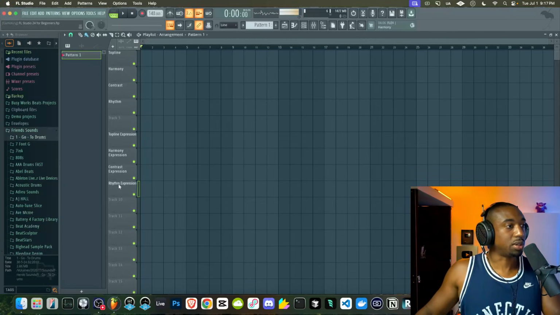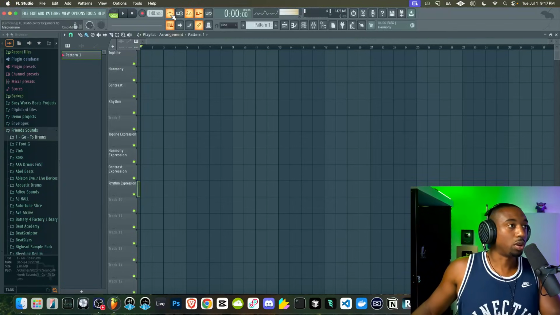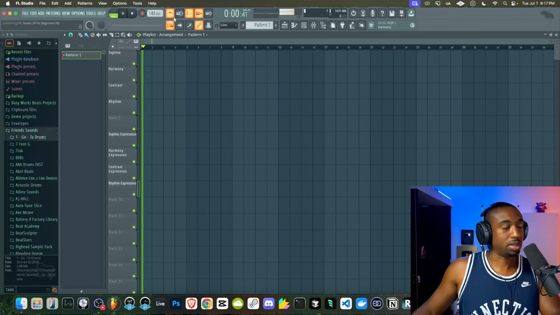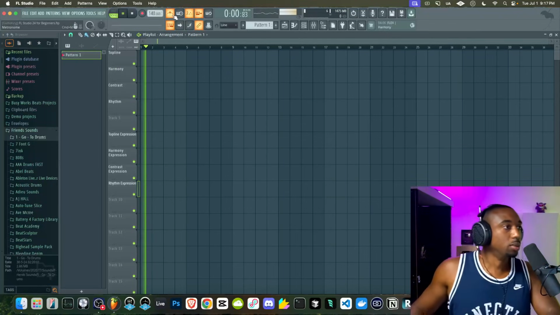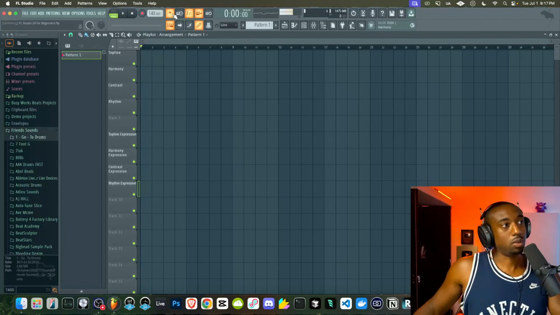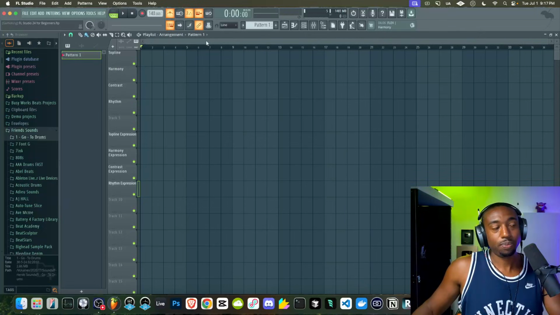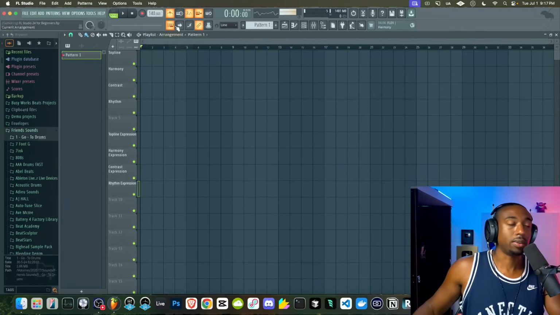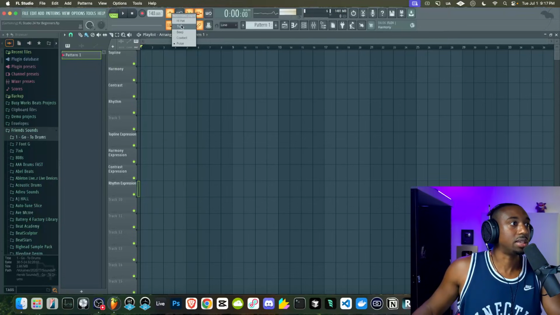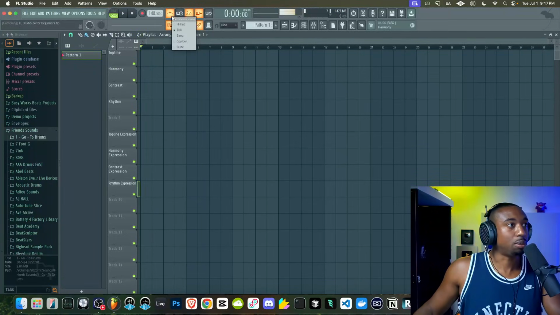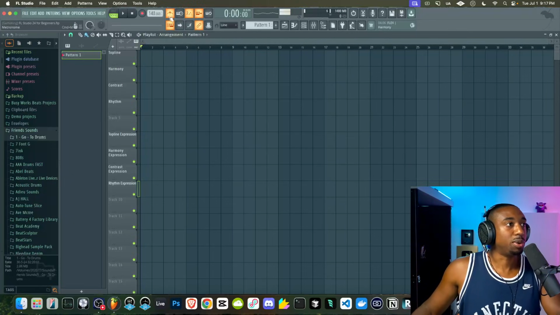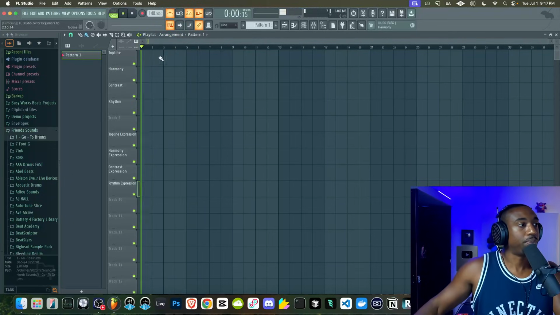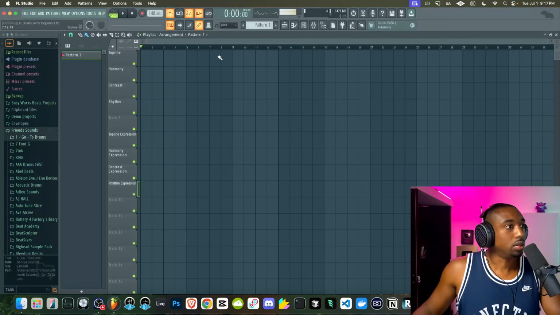Then we have the rhythm expression here. So now we're at 140 BPM. We could turn on what's called the metronome. If you hit spacebar, you'll be able to hear the metronome. What I recommend, though, is that you right click and switch this to pulse. I've noticed that pulse is more accurate on the downtime. If you right click and have it set to tick, I feel like there's a small time delay and it's not perfectly on the grid, whereas pulse is very on the grid. Just a little tip there.